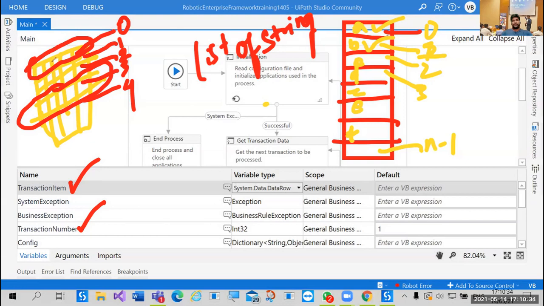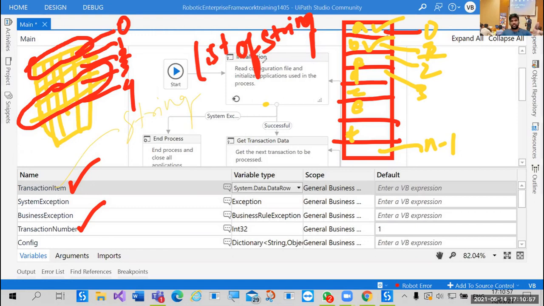When I'm using a data table, a data row is a transaction item. Now, when we are using a list, what is the transaction item? String. Exactly. So this transaction item will become string. So you understand the difference now.